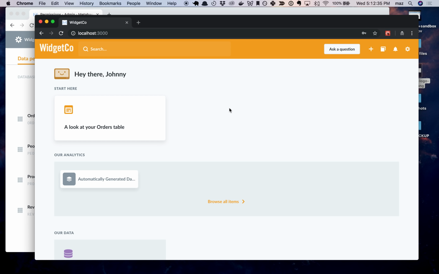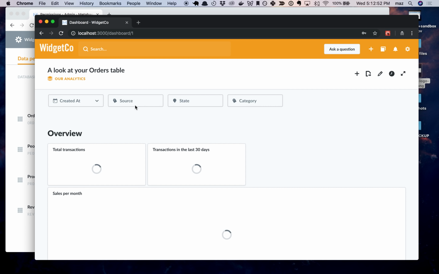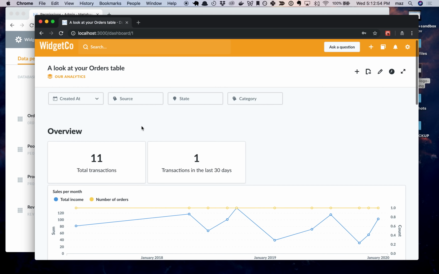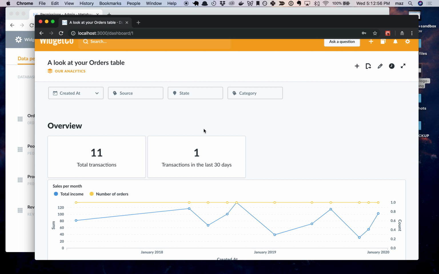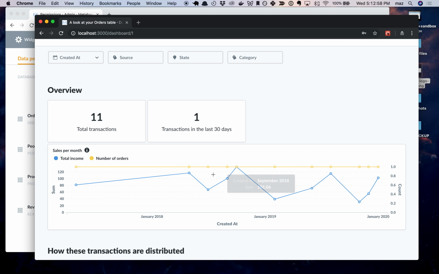And what we're going to do to test this out is click on that same dashboard that we created a few minutes ago. So if everything went according to plan, when we go to this dashboard now, all of the data, since it's all orders table data, should be filtered out, only showing me orders where the user ID equals 1. And as you can see, there are far fewer transactions being shown, and all of my charts now have been